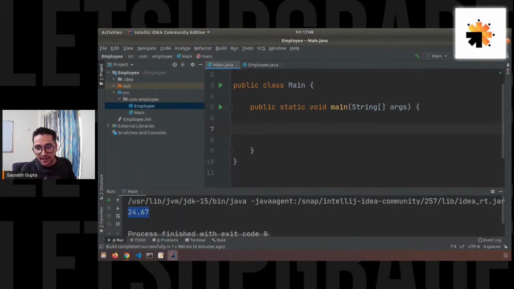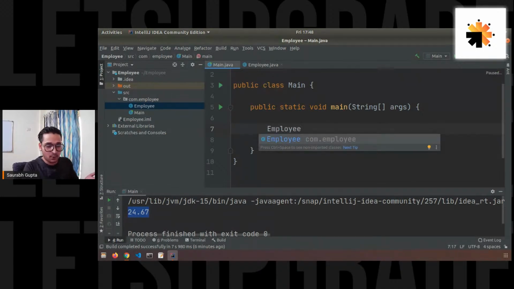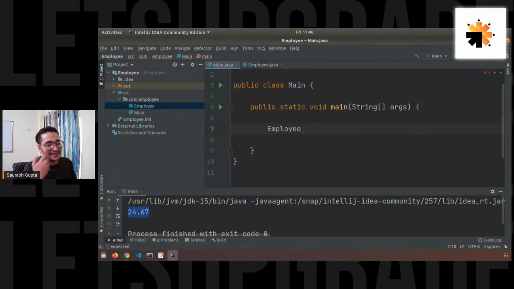Don't worry, I'll explain. Let's just see first. Like we saw yesterday, we have to create a reference for a class. So let's see how to create a reference in Java for a class. You have to specify the class name, that is employee, and then you can pass any kind of variable here, but it's not a variable, it's an object because it's a reference of a class. So let's say I say employee E equals,